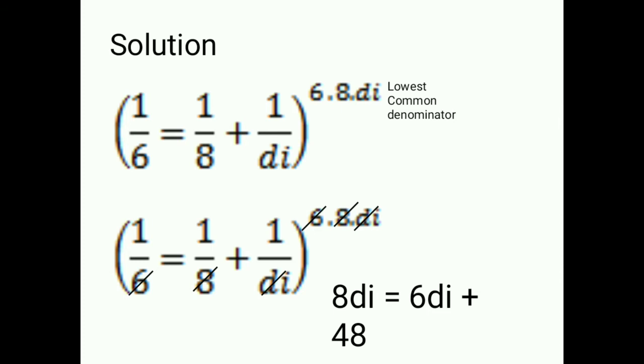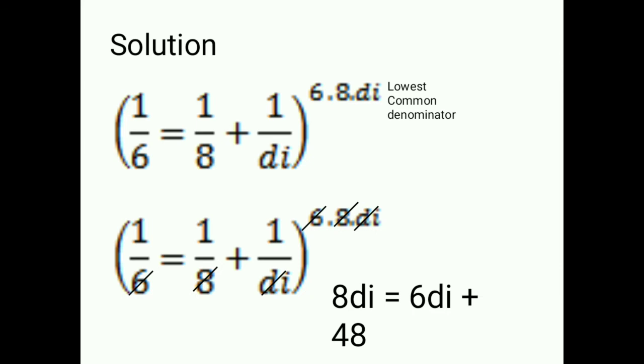So 6 times 8 times DI times 1 over 6. Now we're going to cancel the 6. Now the remaining number will be 8 DI. So 8 DI times 1 will be 8 DI